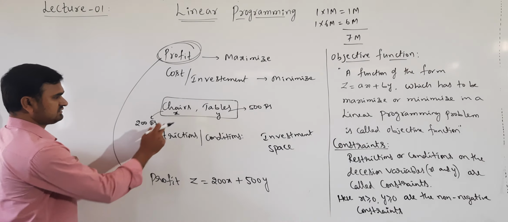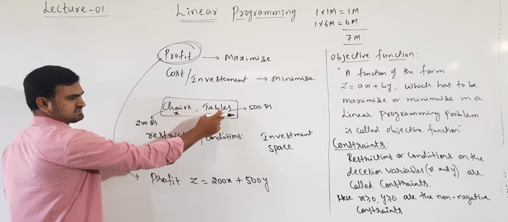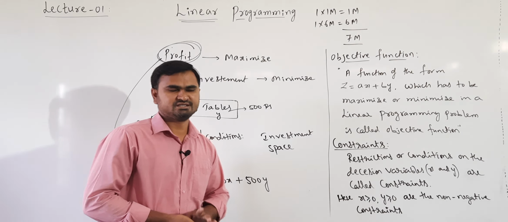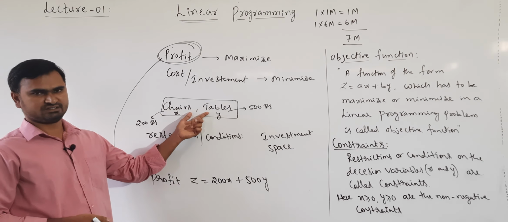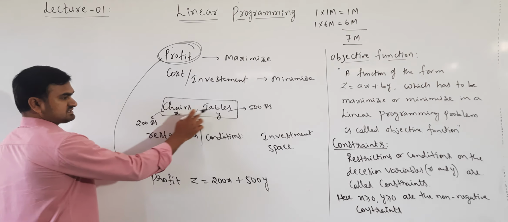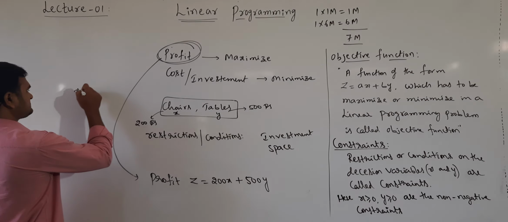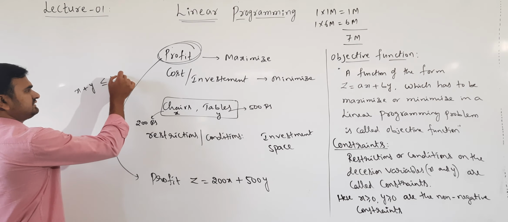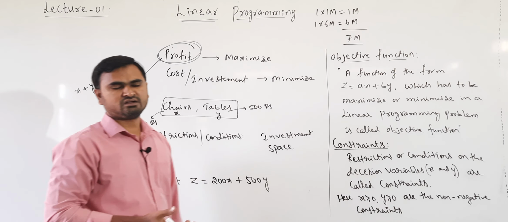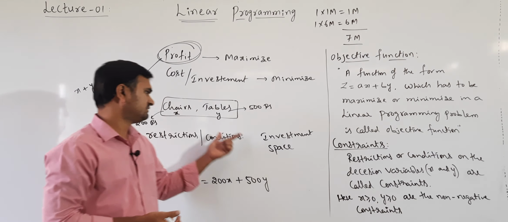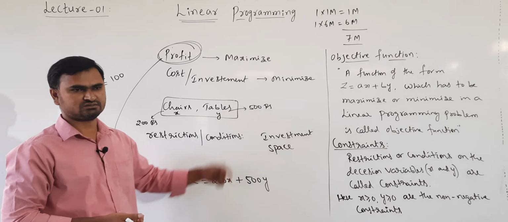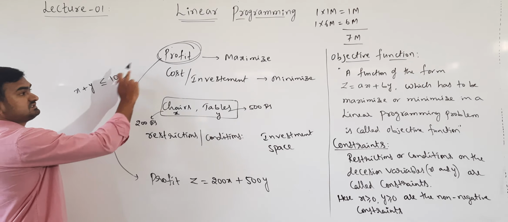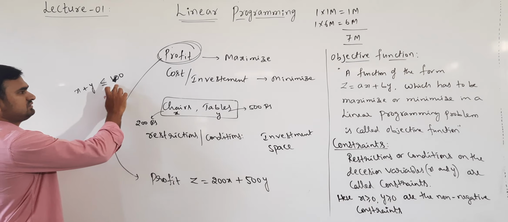See why? Because suppose the number of units you can accommodate in the room is a maximum of 100. So what is the linear constraint I can write here? The number of chairs plus the number of tables should be less than or equal to 100. You cannot accommodate more than 100 units of these chairs and tables, so it cannot exceed 100. So it should be less than or equal to 100.